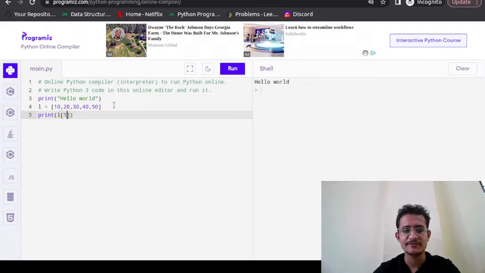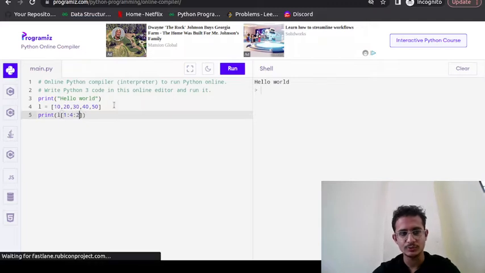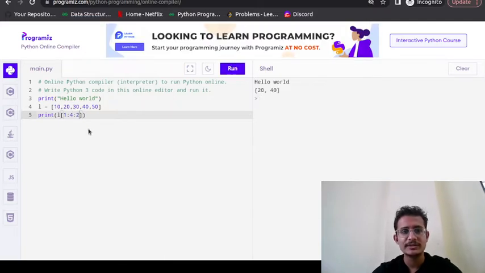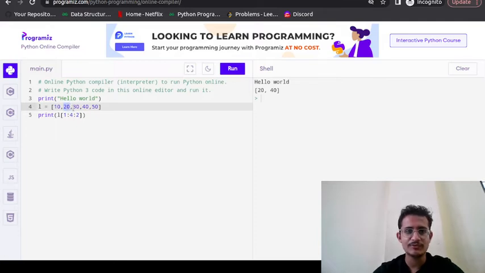Let's say start from first index, go till fourth index and jump 2. So what will it print? It started from the first index, took the jump of 2, left this one, came to this and went till the end.